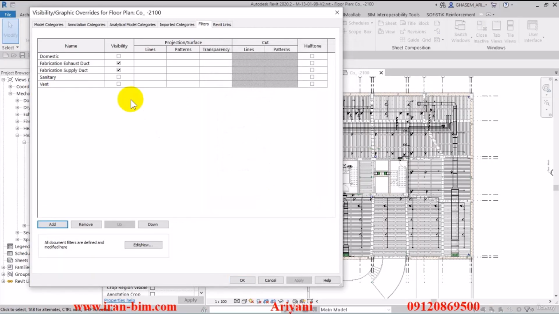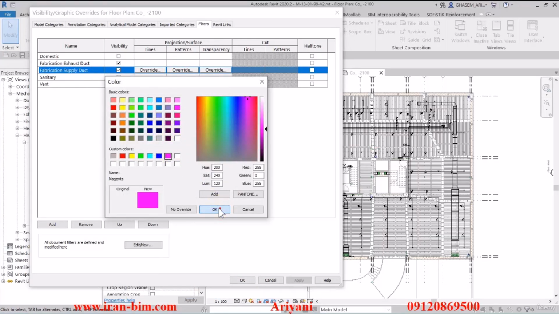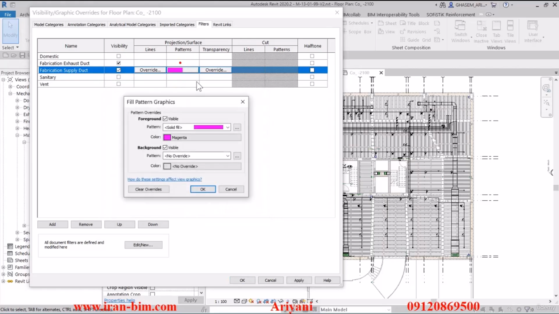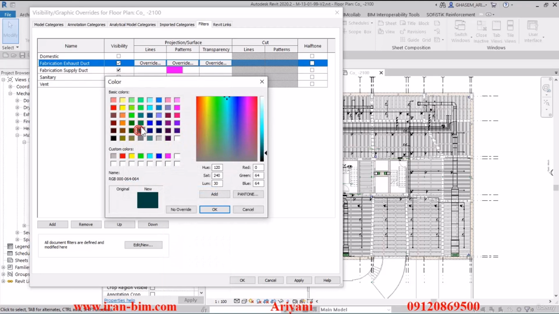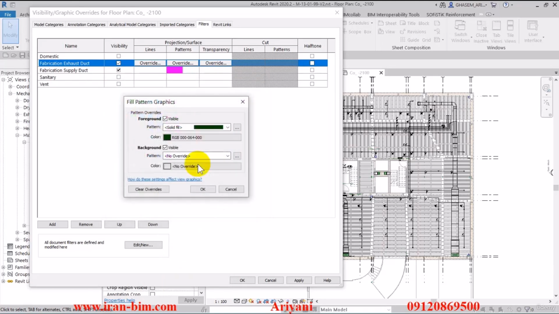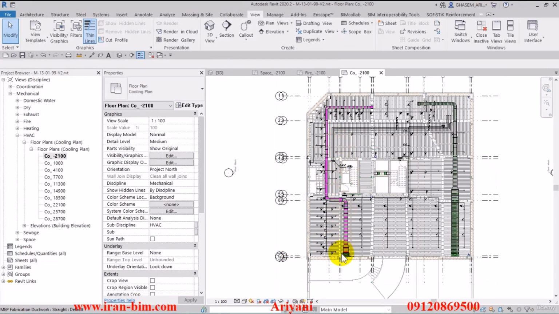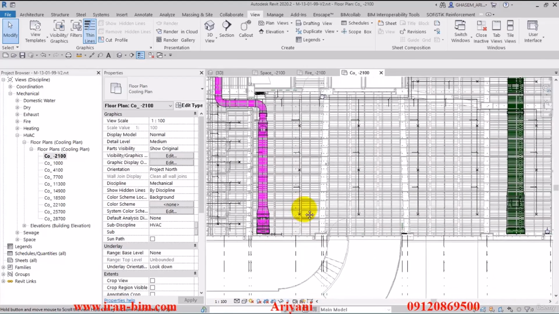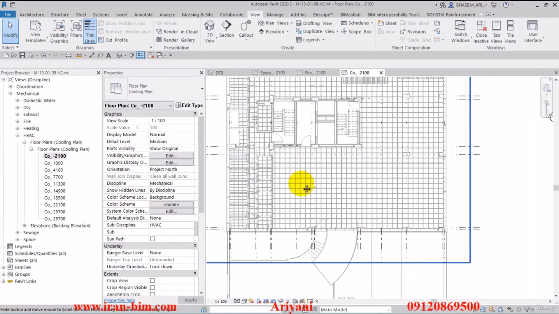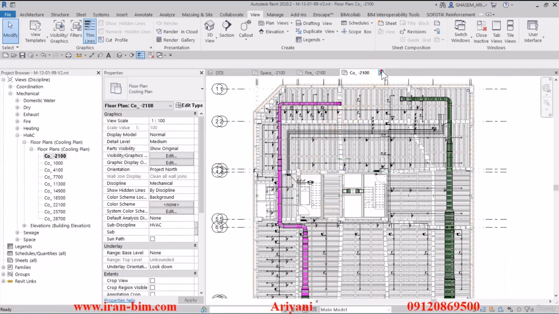And now based on the coloring that we've already specified in the MEP plans, I'll put this on solid, and as an example, let's say you've already specified this to be the pink color. We can select it here, and then for the exhaust itself, we can select this green color and then hit apply. Now we can see both of the exhaust and the supply with the color that represents them, which should remain the same throughout the projects. If we had done them under the same filter, they'd have the same color, and then recognizing them would be more